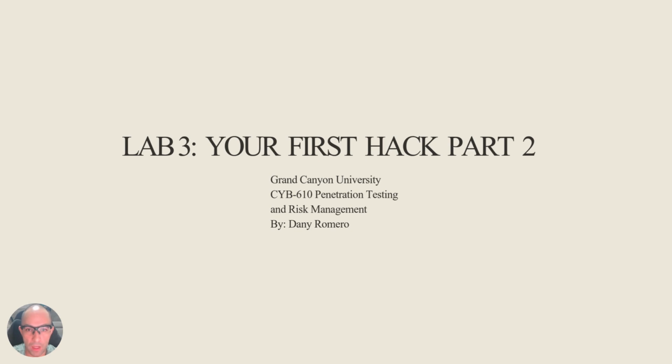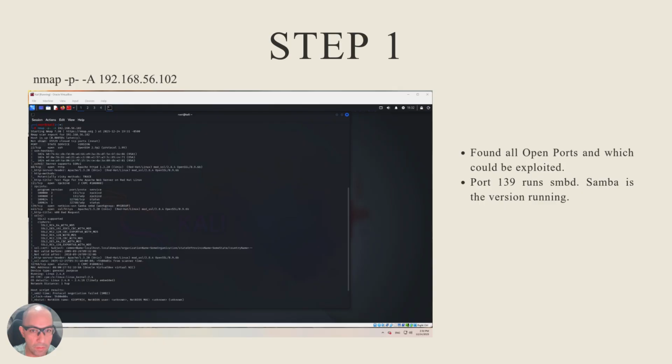Hello everybody, I walked through a simulated hack on a training machine called Kioptrix Level 1 to illustrate how attackers exploit old systems. This is for educational purposes only, highlighting common attack vectors seen in recent incidents. In our previous lab, the IP address for Kioptrix Level 1 is